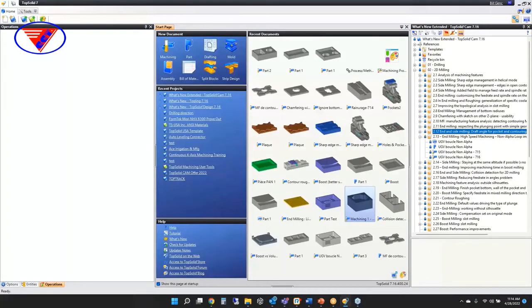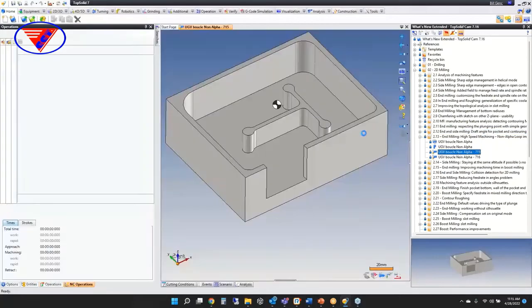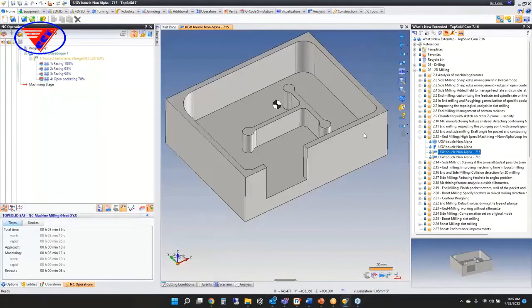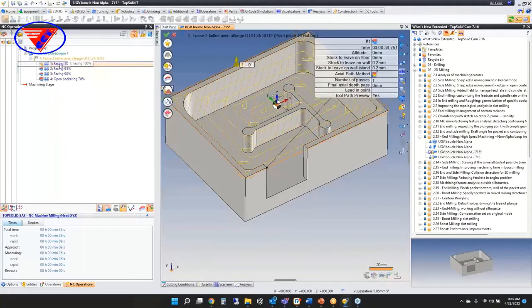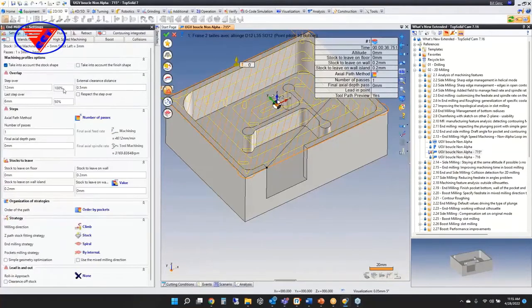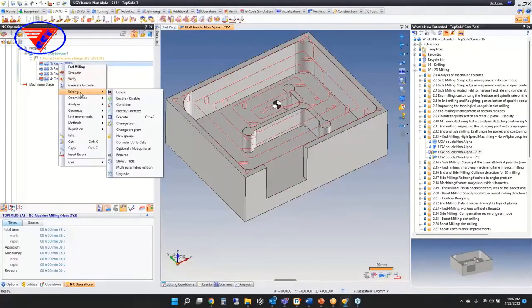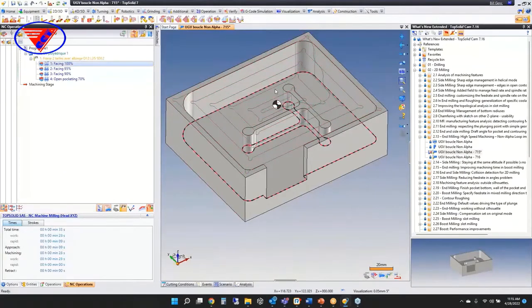Next, a nice improvement in the end milling algorithm with regards to the high-speed machining options and non-alpha loops. This is especially visible in cases of toolpaths where step overs are greater than 70% and generating loops around 90%. All right, what do I mean? If we look right now, we have our facing and we are set at a 100% step over, right? So it's making these weird, crazy loops here. If I upgrade this, and again, this is for old toolpath, and we re-execute it,